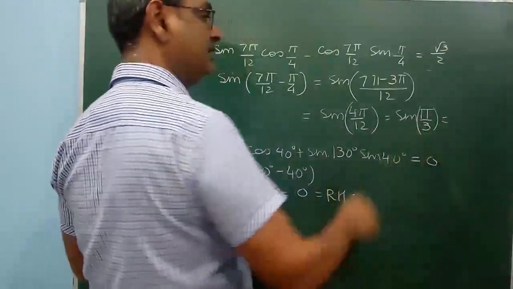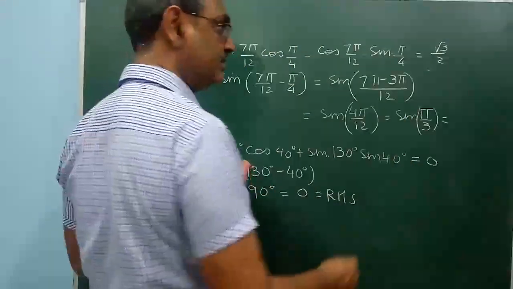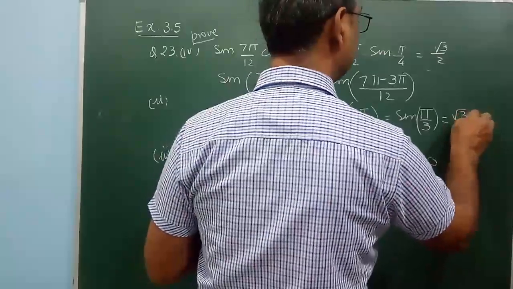What is sin pi by 3? Sin pi by 3 is sin 60, and sin 60 is